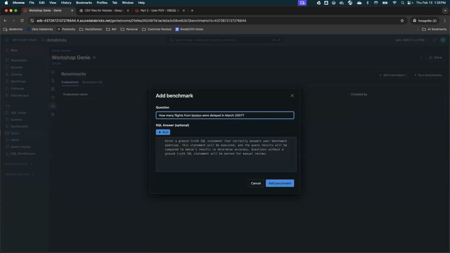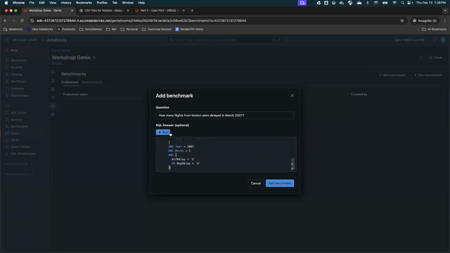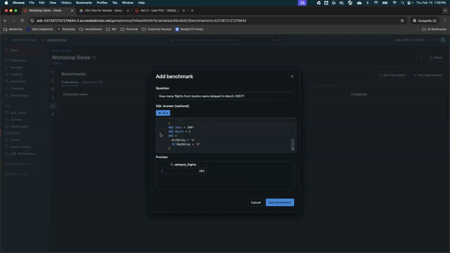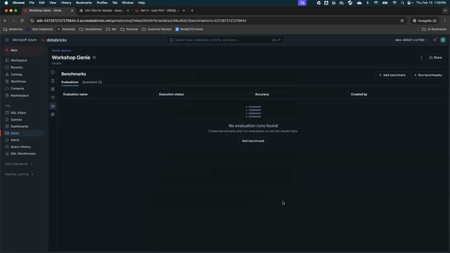You'll create a question. So this will be my question, and then I can copy the query. I can copy the query, I can run it, and this will give me the output. Okay, how many flights from Boston were delayed in March 2007? And I can add that benchmark. So a benchmark can be a set of questions where you are evaluating, if something is changing in Genie, how good it is, right? Is it able to answer most of my questions correctly or not? Once we do that, you click on run benchmark,